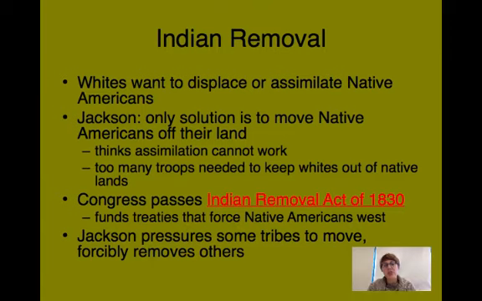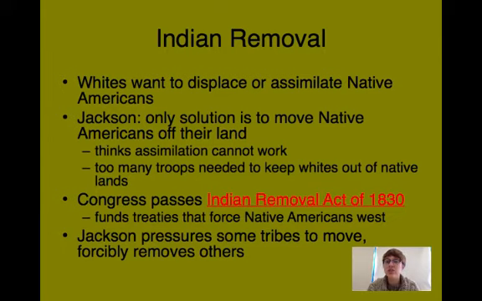2 years into Jackson's presidency, so we're talking 1830, there is a law passed to deal with Native Americans. Okay, so we're sort of switching, we're focusing a little bit on what's happening with Native American groups at this time during Jackson. Now, we've already discussed that many people are moving west. Now, who's already there? Usually Native Americans are there, okay? There's sort of a debate on what you're supposed to do with the Native Americans.